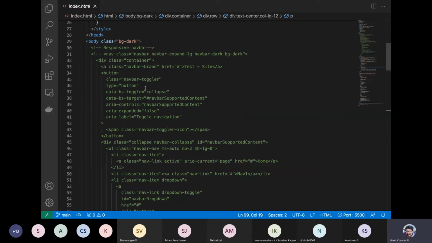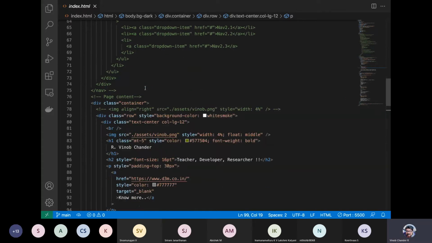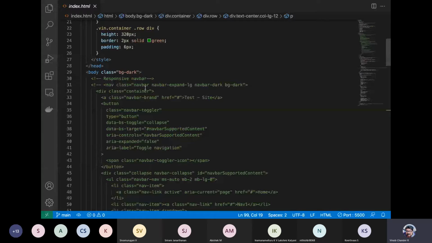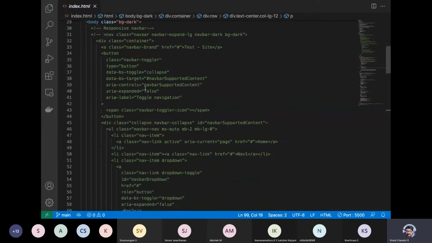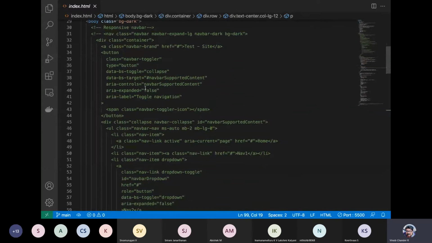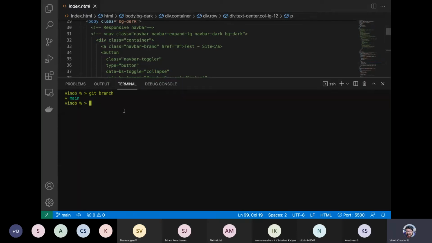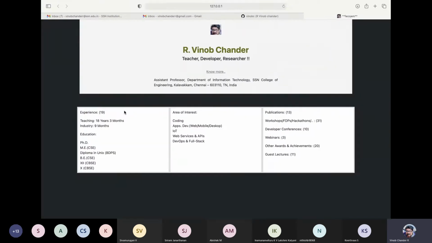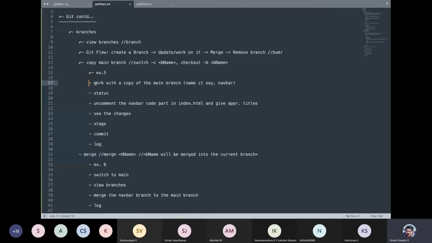So now that we are talking about branches, let us create a branch. We have created a branch, right? Did we create a branch? I just forgot. Did we create a branch, guys? Let us just check. No, we have not yet created a branch, right? So we are in that particular step.